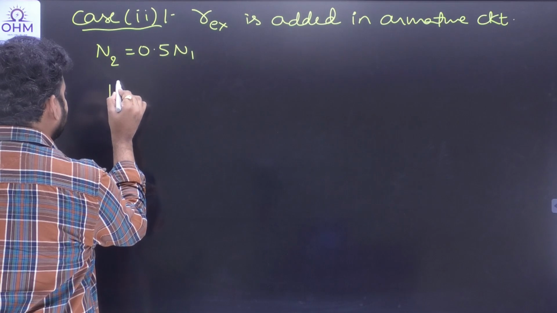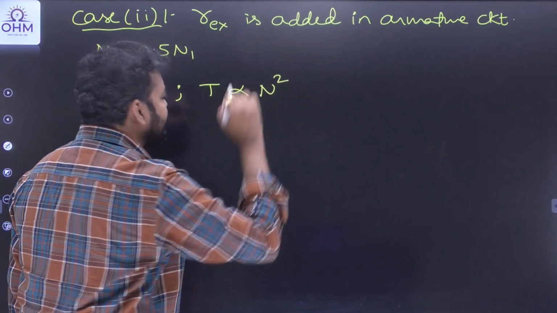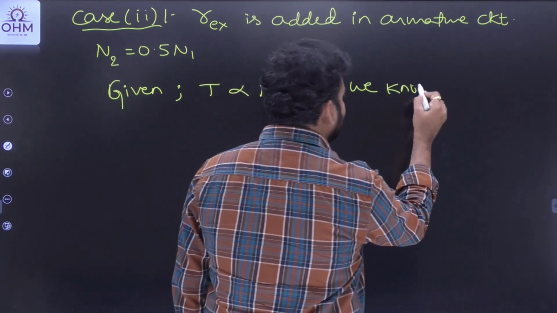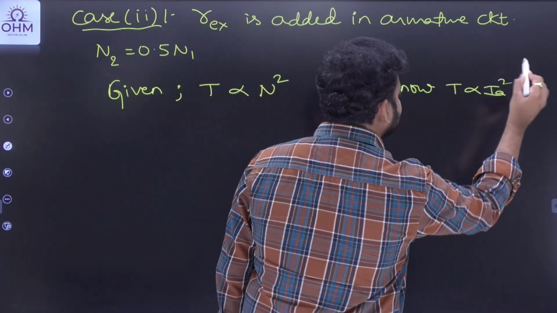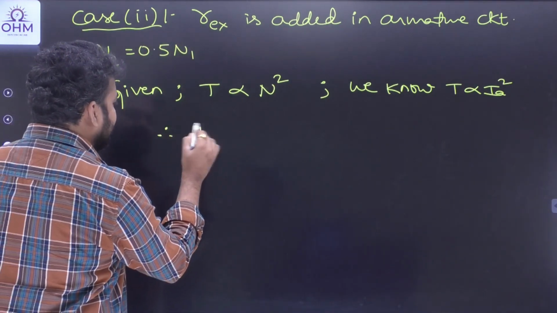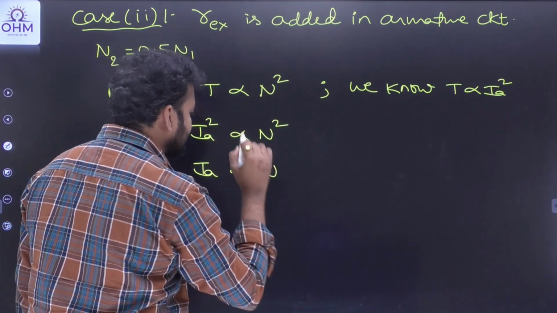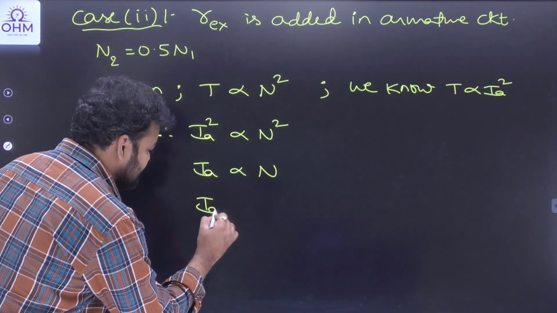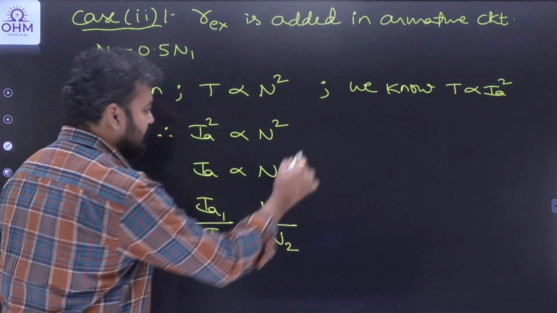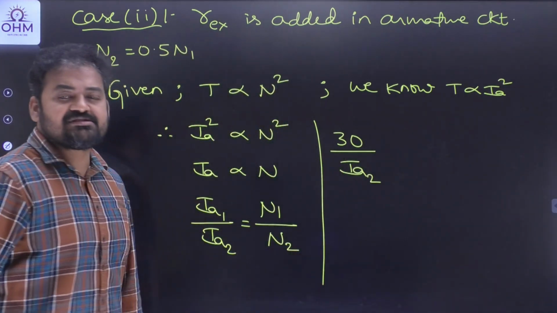And the torque is given. What is given in the question? It is given in the problem that torque is proportional to square of the speed. And we know in series motor, torque is proportional to Ia square. We know that, right? So if I compare both equations, Ia square is directly proportional to N square. That means Ia is proportional to N. From this, first case armature current by second case armature current is equal to N1 by N2. So first case armature current is 30, and we have to calculate the second case armature current